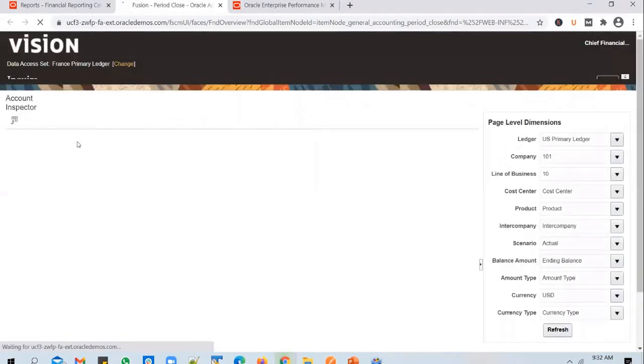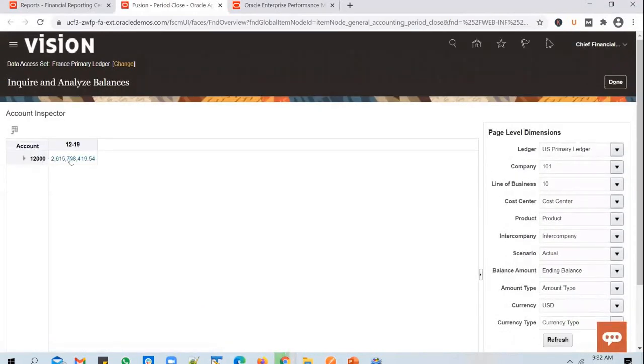So if you click on drill to account inspector, you will notice the parent account number 12,000 with a balance. But if you expand it, you will be able to see the balances coming from the child accounts. So you see the account number there, 12,000 and the total balance.